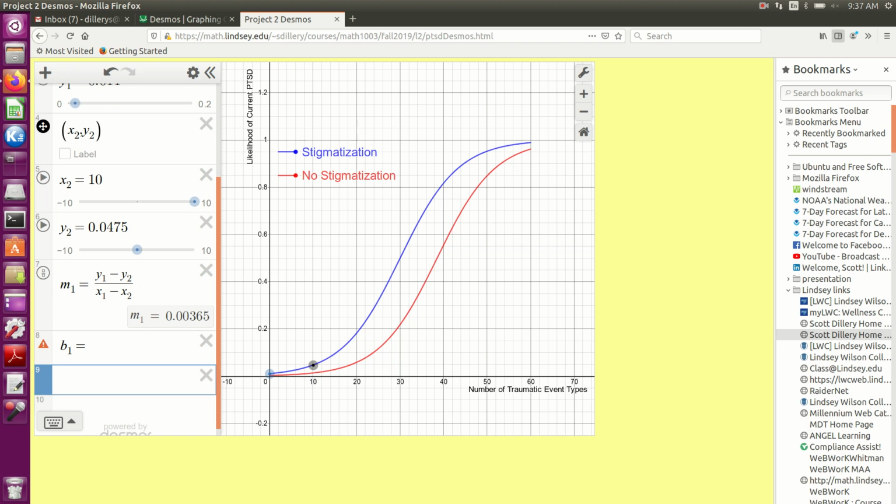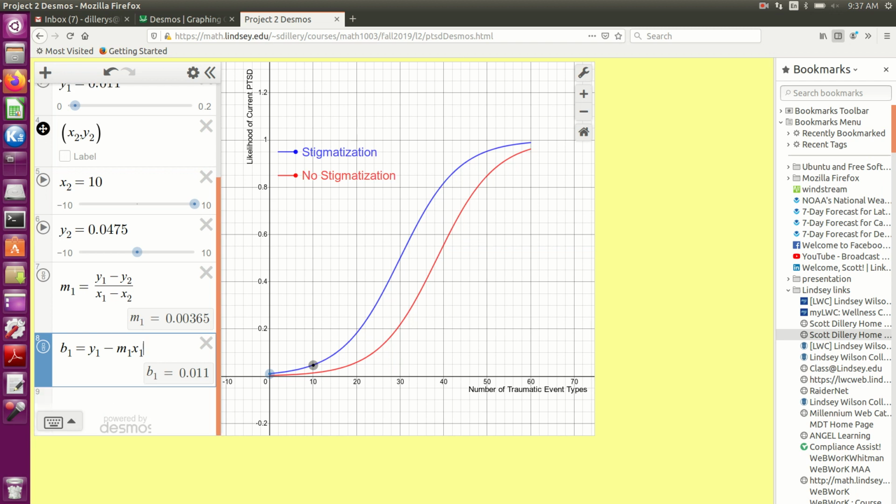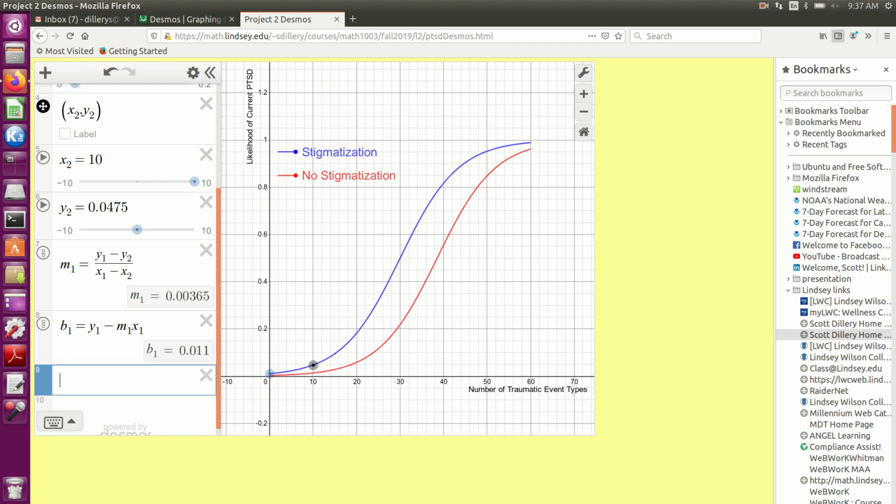But remember, what we have is that y equals mx plus b. So if I solve for b, I'm going to start with one of my y values, subtract the slope times one of the x values, and that'll give me b. So here I'm just going to go with y1 minus m1 times, well, actually, I don't even have to do a times symbol. I can just write m1 x1. And notice what's nice is I can check that, and that is right because I knew that was the y-intercept. So there I found one of my straight lines, and